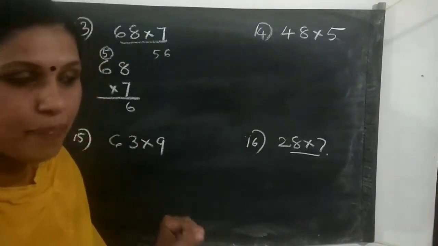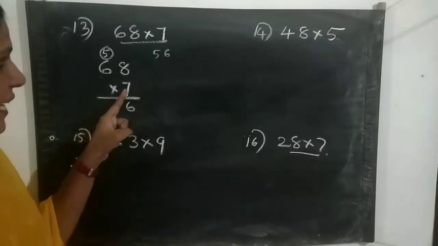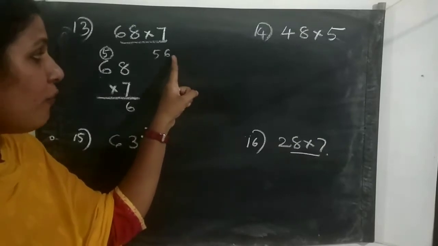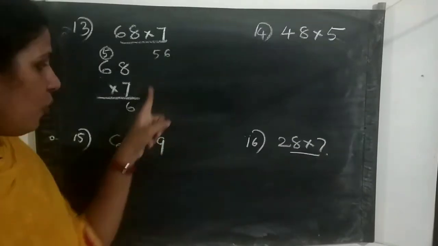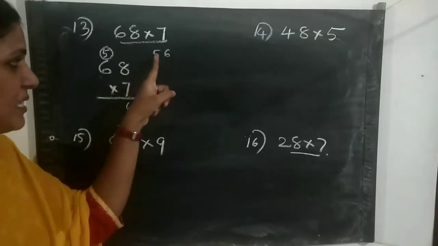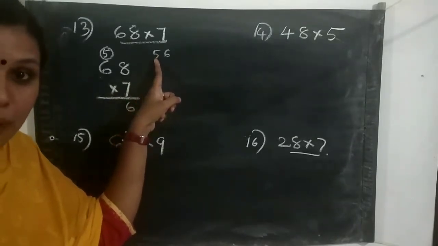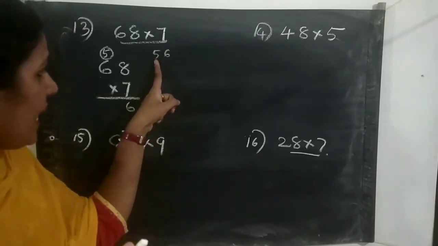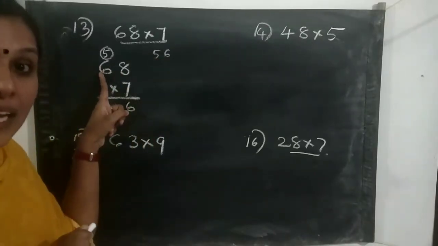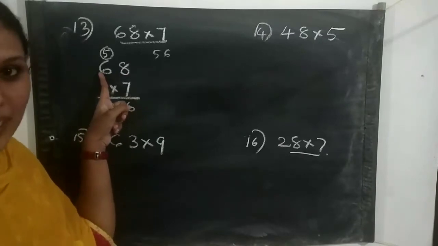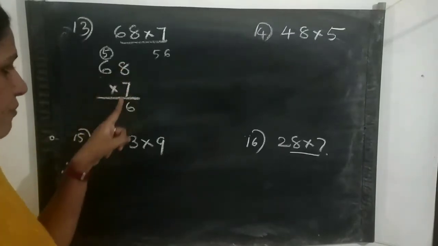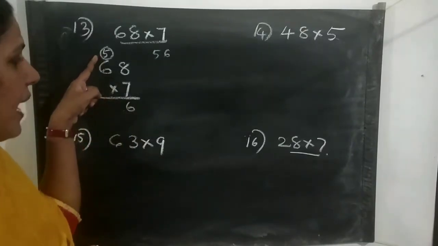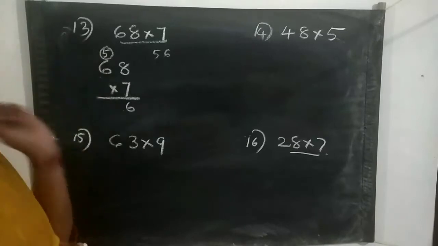Like addition, we get the answer as a 2-digit number. So the ones place, the unit place only we write here. The tens place number is the carryover. That carryover we should write on the top of the next number. Okay, understood? That is 7 8s are 56. We write 6 and 5 is the carryover. We write it on the top side of this 6.